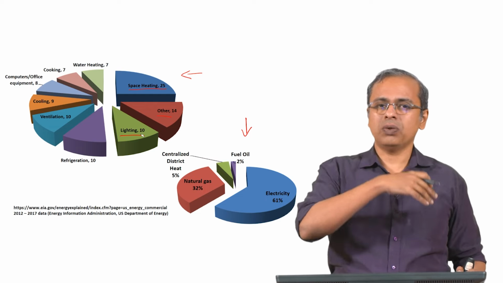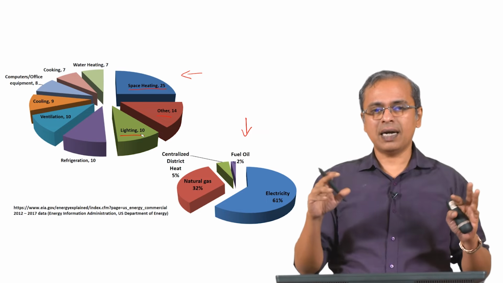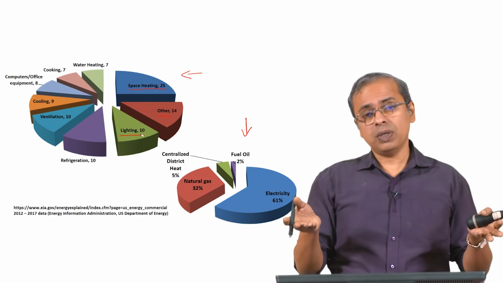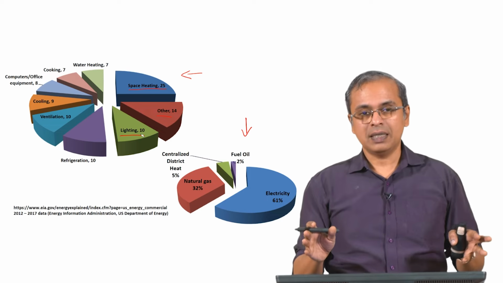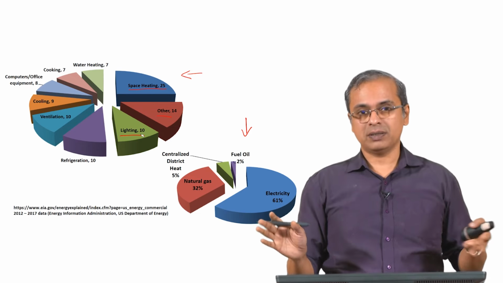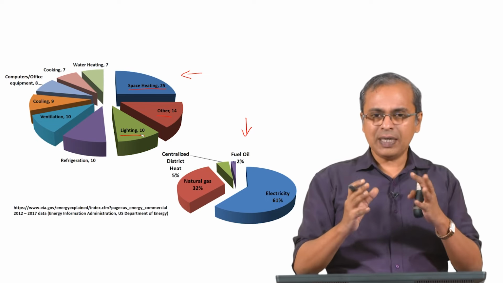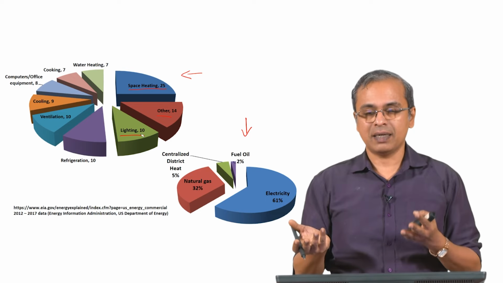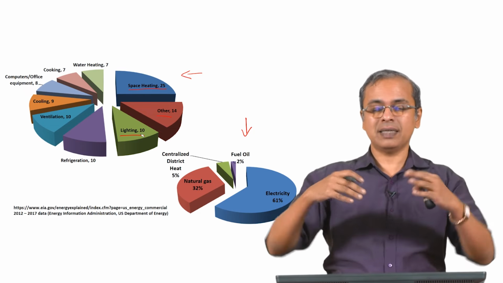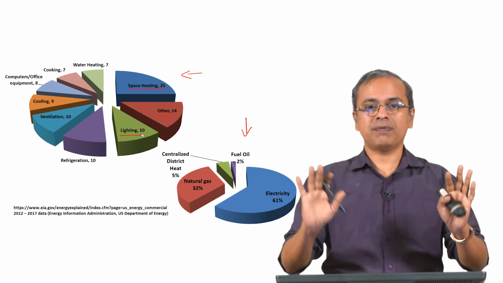So, you are unnecessarily wasting a whole lot of energy just to create this artificial look, which you have artificially convinced yourself, or somebody else has artificially convinced you, is the better way of lighting the place. So, this is the problem. You have to keep in mind when these trends come, you have to ask yourself whether this is a reasonable trend, rather than just blindly following, saying today it is a trend to set up the lighting this way, therefore, I will set it up that way.